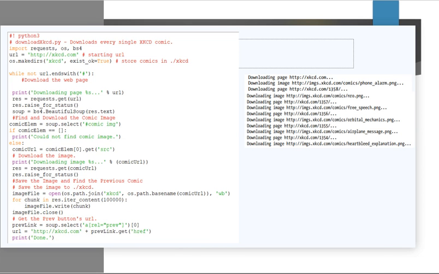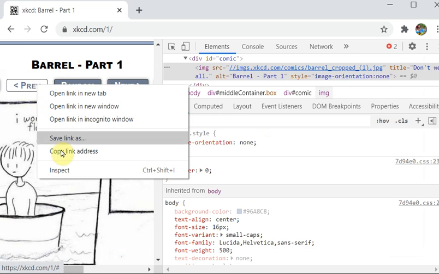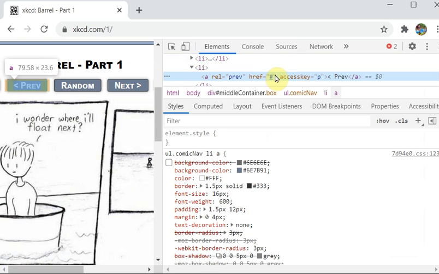You can see that previous button. This is the first post in this particular site. Just check here: I'll click on previous and inspect. The previous reference is hash. Just see the URL here: https://xkcd.com/1/#. So what did we say? You are going to repeat this process until the URL ends with hash.